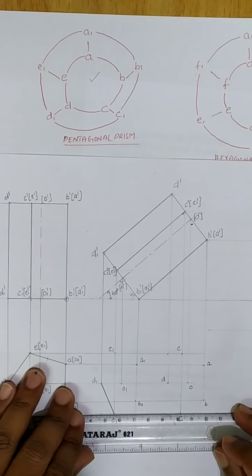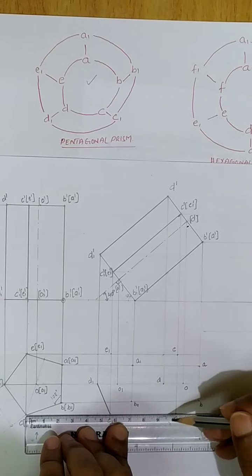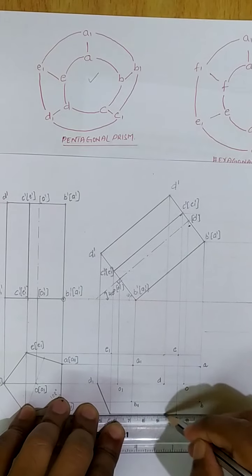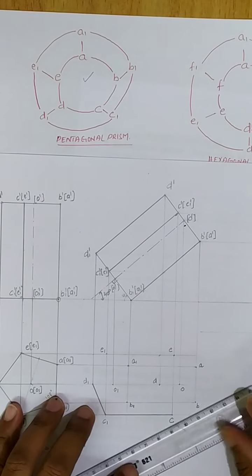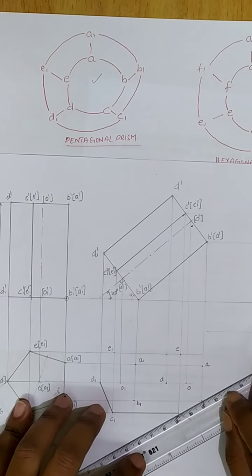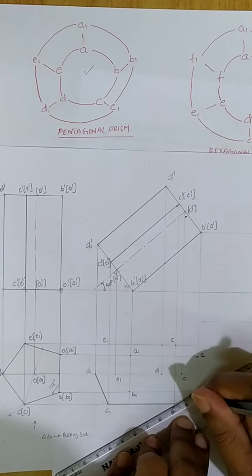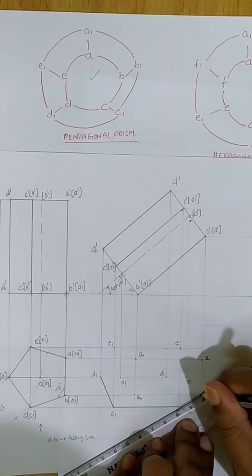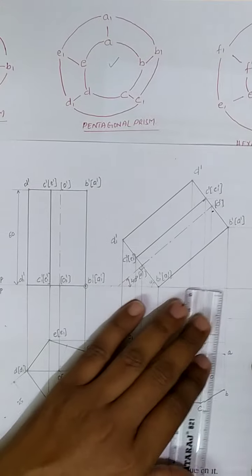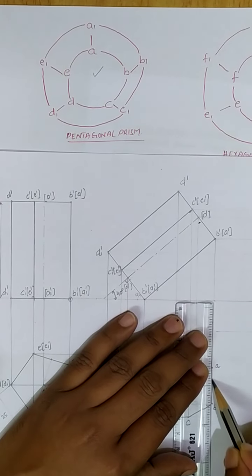Next I will go with C to C1. As I solve more problems, this will become easier for you in order to draw the boundary lines. So C to C1 is another boundary line. Next is CB. If I want, I can check that connection. We will have the line from B to C. There is a possibility of a line between C and D. If I place the scale between C and B, I get all the remaining corners on the same side of the scale. Hence that is also a boundary line. In this way, I will draw all the boundary lines.